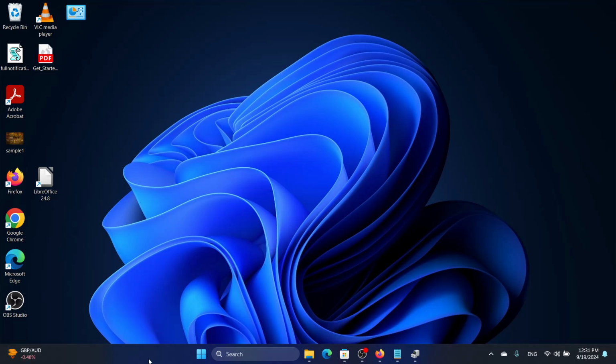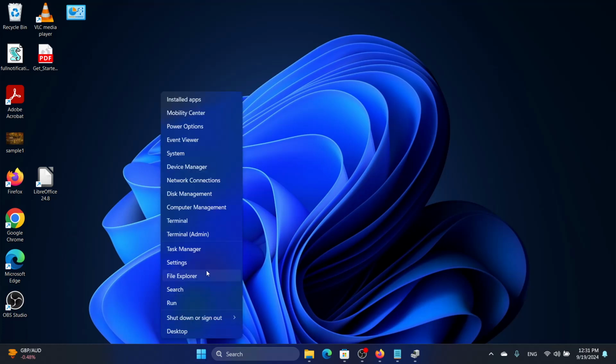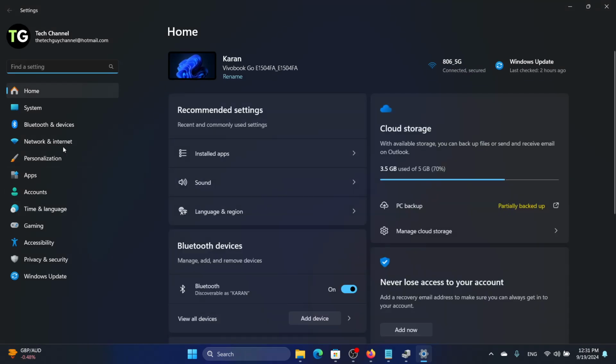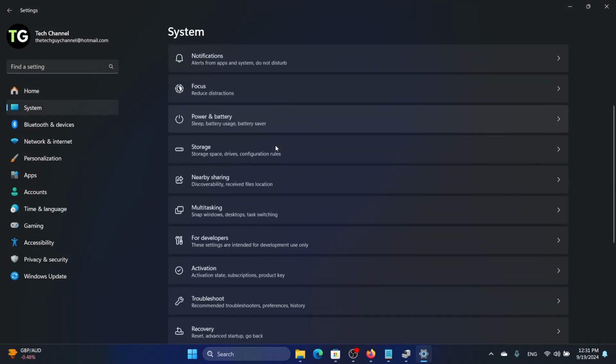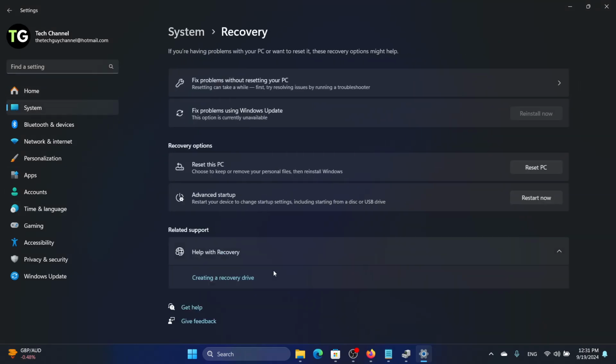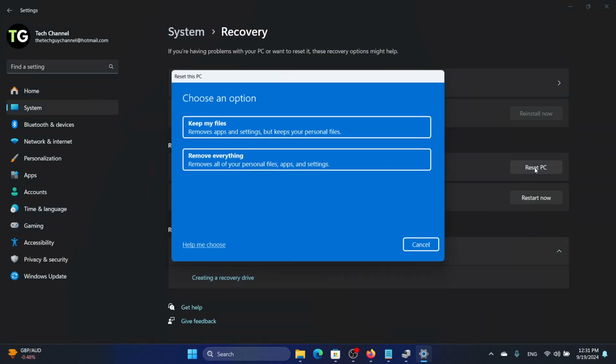Now in the very rare event that all these solutions didn't work and we still can't see widgets, then the only option is to right click on the start button, go to settings, system, and then look for recovery, click on reset PC and click on remove everything. Now before you do this, make sure you back up your personal files on an external hard drive